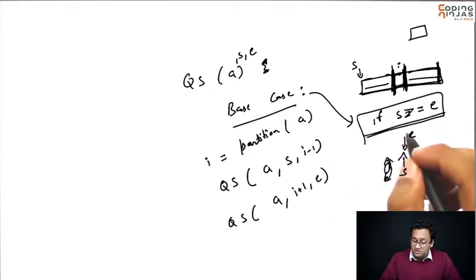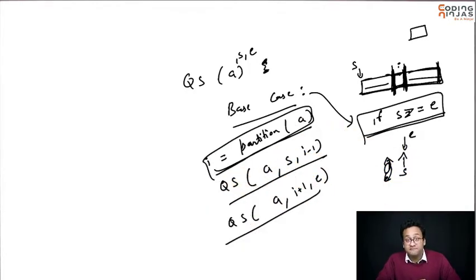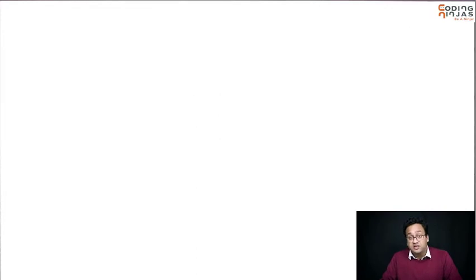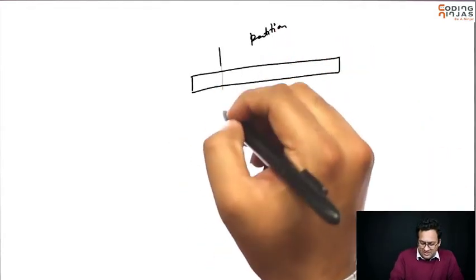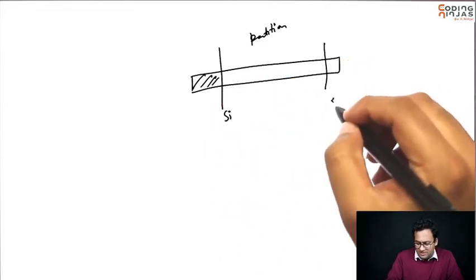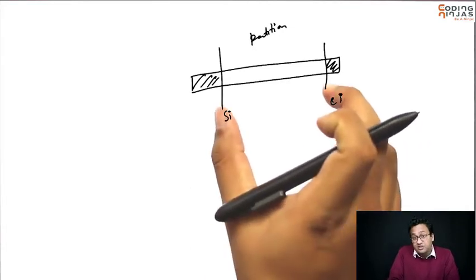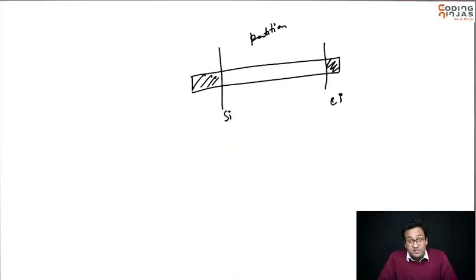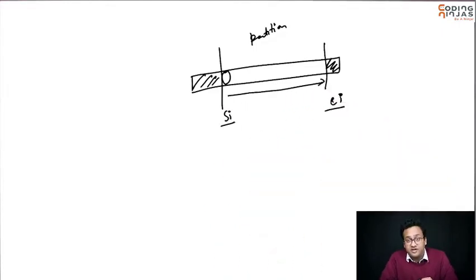So I have my base case. I need to write code for the partition, and if I'm able to write code for this, I'll be done. Let's quickly see how, given a list, we can partition it into 2 halves. We are given a starting index and an end index, and we just need to work within this part. We don't have to look outside this. So what I would suggest is, let's pick the first element itself and first of all make this element reach its right position. To do that, let's go through this list from S to E, starting index to end index.